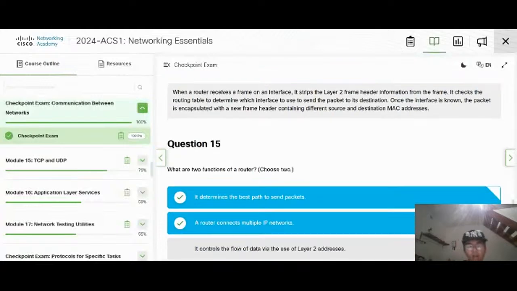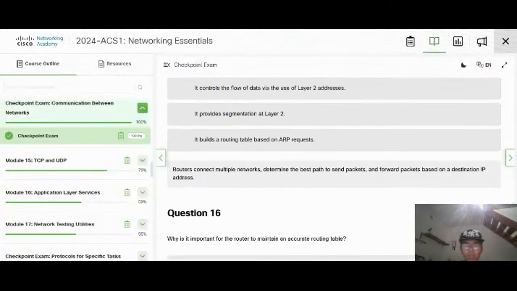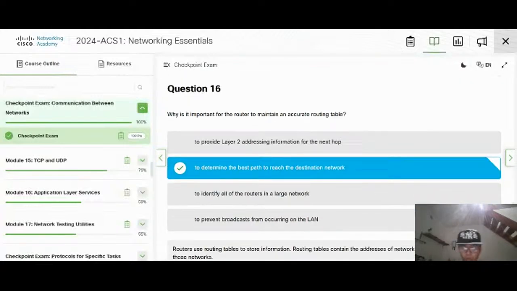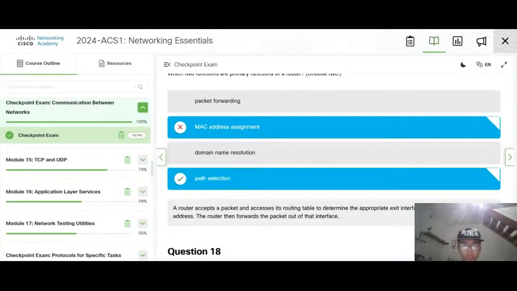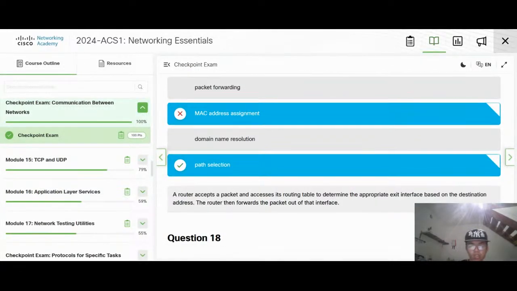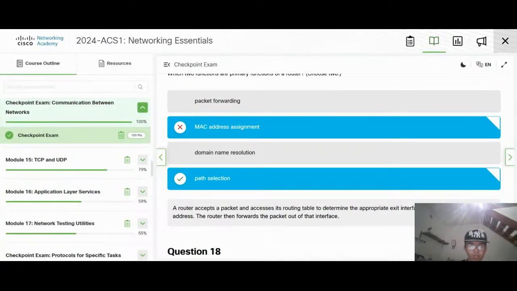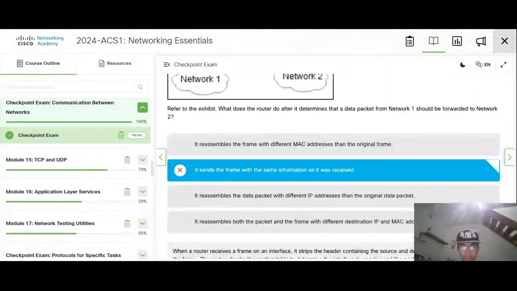Okay, yeah, it connects to multiple IP connections. Have selection, the minimum resolution. Forward out that interface. Oh, packet forwarding path selection.